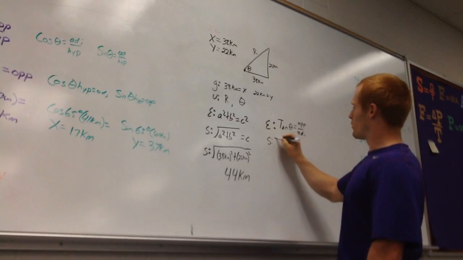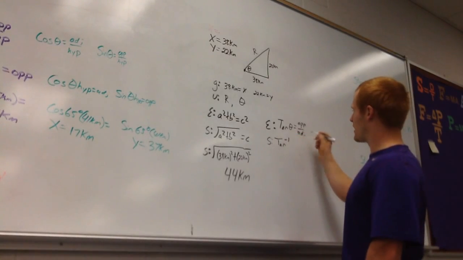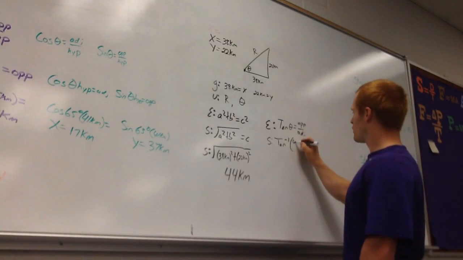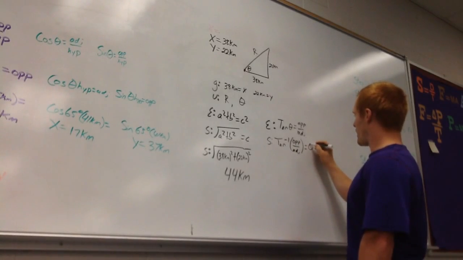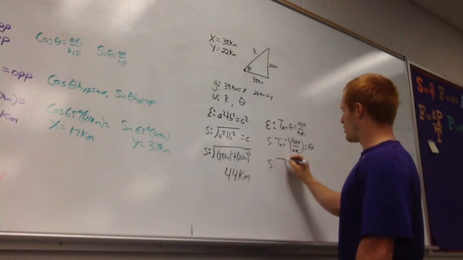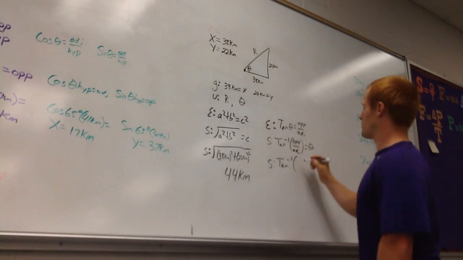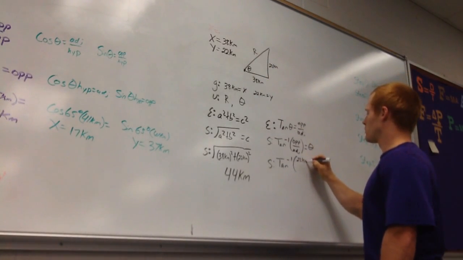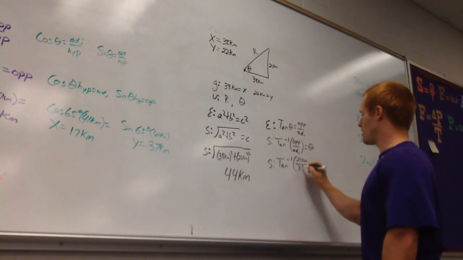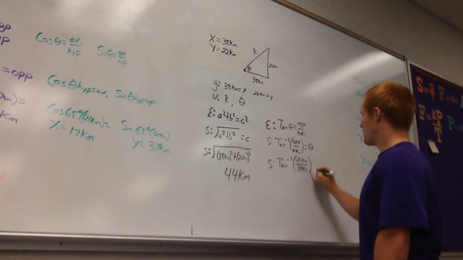To sort it, we're going to do the inverse of tangent to get theta by itself. So theta equals tan inverse of opposite over adjacent. From here, we're just going to plug in tan inverse. Opposite the angle is 22 kilometers, adjacent is going to be 38 kilometers. And this is going to give us